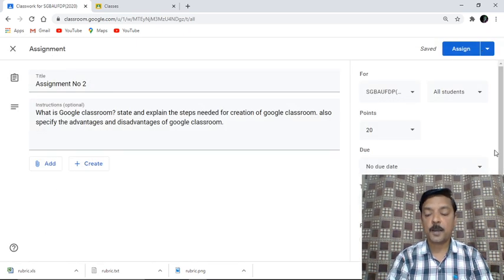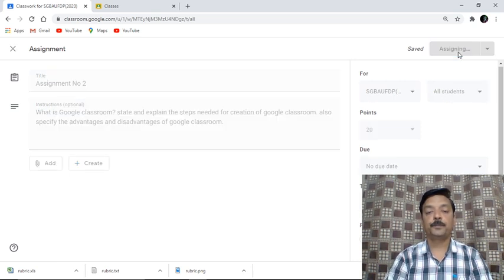So you can watch over here, you have this rubric, 4 criteria, 20 points. It is straight away specifying that you have designed a criteria having 4 points. Okay, 4 points has been allotted, and out of that, 20 marks, 20 points has been allotted to the student. So just after creation of all these things, we are going to assign it.